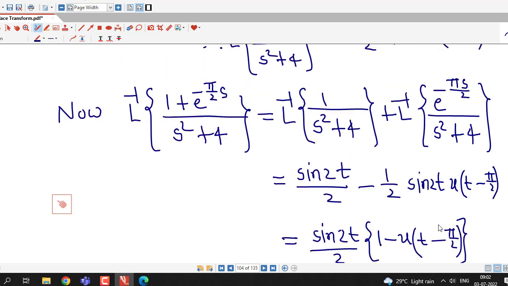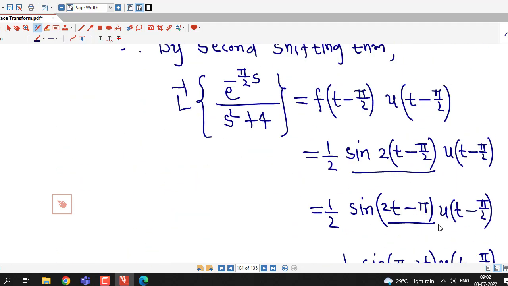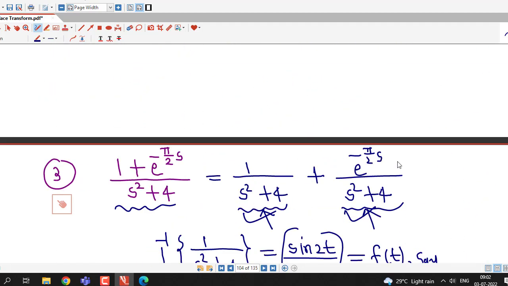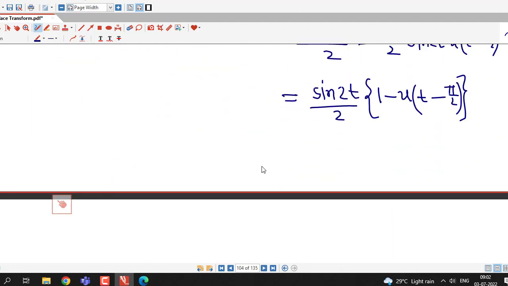So this is very easy, but you must be careful. Here we have to apply the unit step function to obtain the inverse Laplace transform of this function only. For this it is a ready-made formula. This inverse Laplace transform is sin 2t by 2. So you can easily do this type of problems